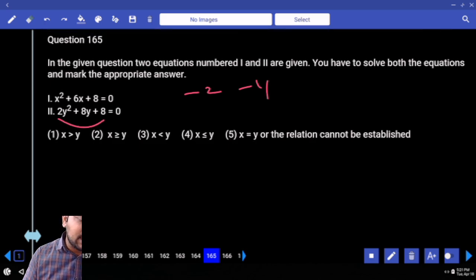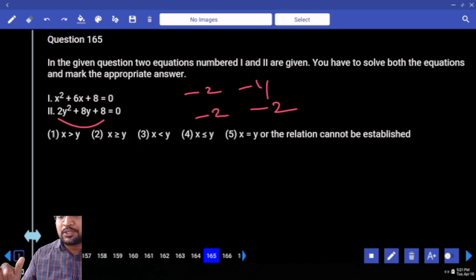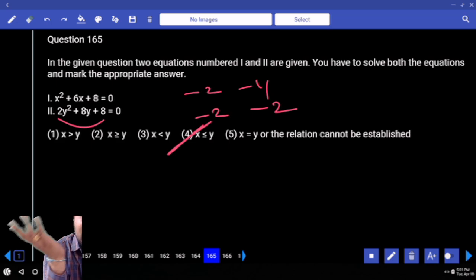So 2 comes to this side, 16. 16 is nothing but 4, which is nothing but minus 4 by 2. Minus 4 by 2 is nothing but minus 2. Next to minus 2. Minus 2 is always greater than minus 2 and minus 4, na? But sometimes equal, na? And here y is always greater but sometimes equal, then your answer is x less than or equal to y. Y is always greater because minus 2 is greater than minus 4, na?